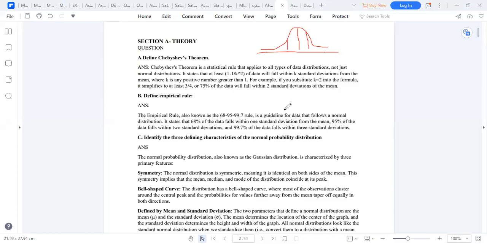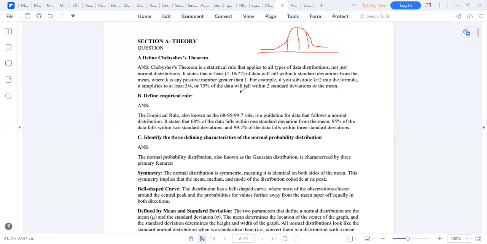So we're going to look at questions to do with statistics, questions to do with probability, and we'll also tackle a few questions to do with probability distributions. So under statistics, there's what we call the Chebychev theorem, which applies to all data distributions, where we